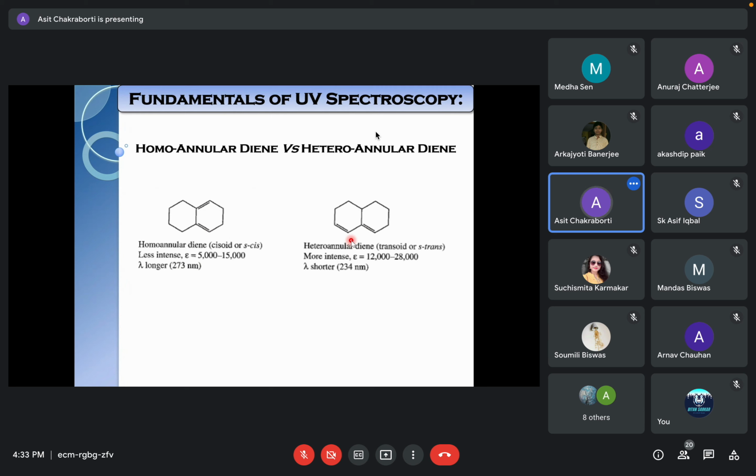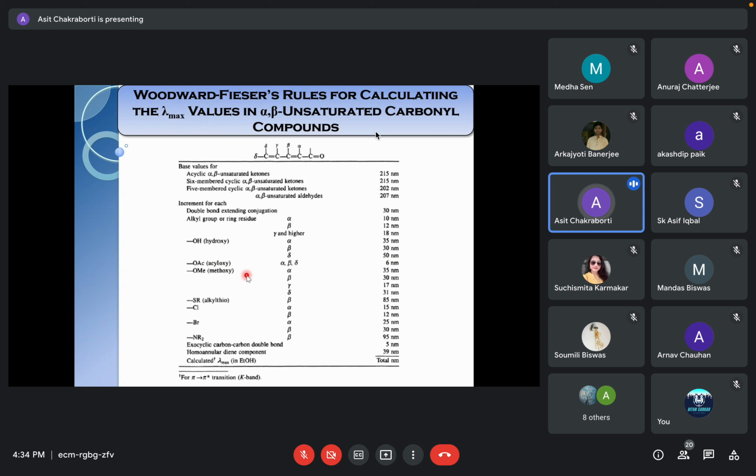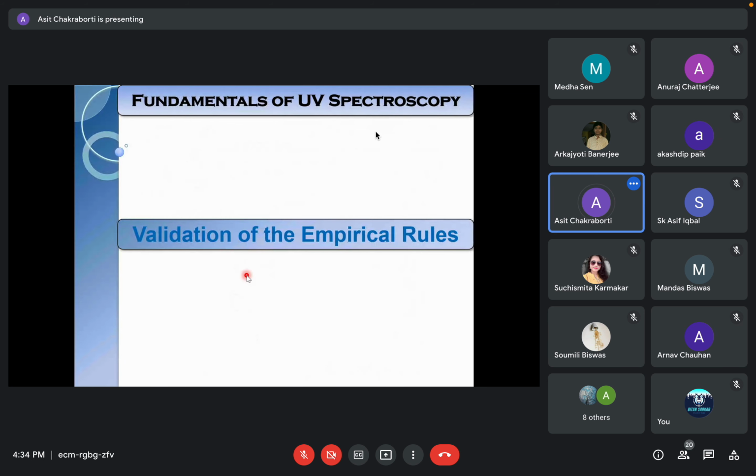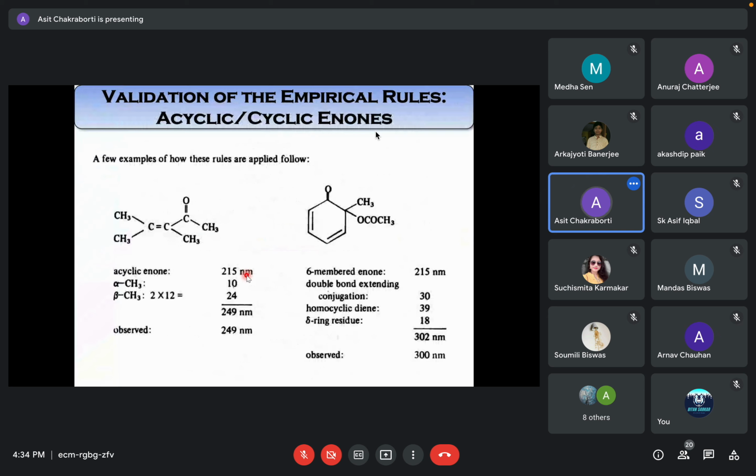They are called diastereoisomers. Look at the lambda max value; we know there is always a change in lambda max. But look at the epsilon value. This is 5,000 to 15,000 for one, and 12,000 to 28,000 for the other. This epsilon value provides you the purity of the molecules. If there is a large variation, it will give you confusion about whether we are dealing with pure molecules or not. So stereochemistry changes, and UV can determine it. That means you can use UV to determine the stereochemistry. I will go directly to that stereochemistry.